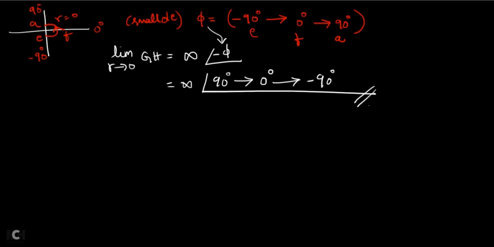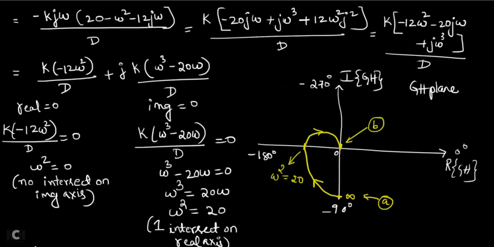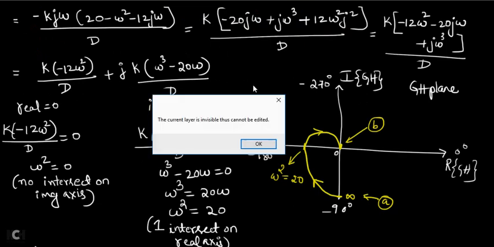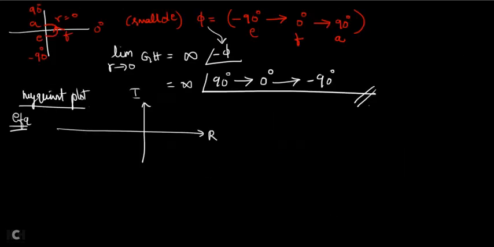Okay, now using this you have to draw the Nyquist plot. So I am going to draw the Nyquist plot now. For that I have to take my real part and then imaginary part. I am not writing the complete Nyquist plot. I am writing the Nyquist plot only for section E, F, A. Previously what we wrote, no? This is the Nyquist plot for A to B only. Now I am writing the Nyquist plot for EFA.